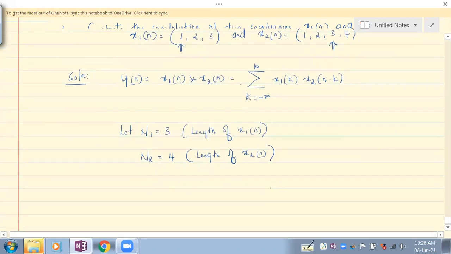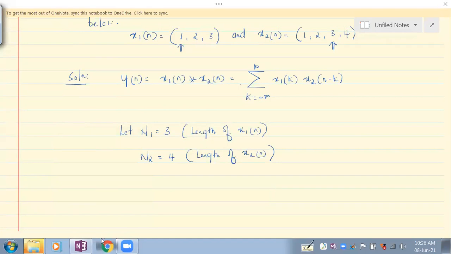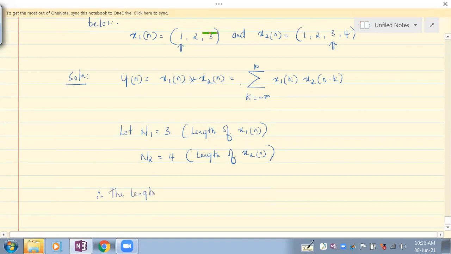So then what would be the length of the convolved output? Therefore, the length of the convolution output